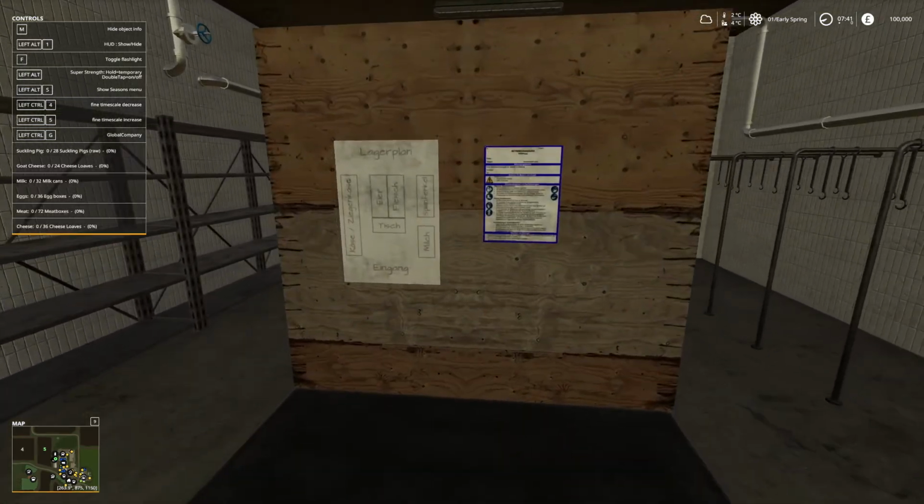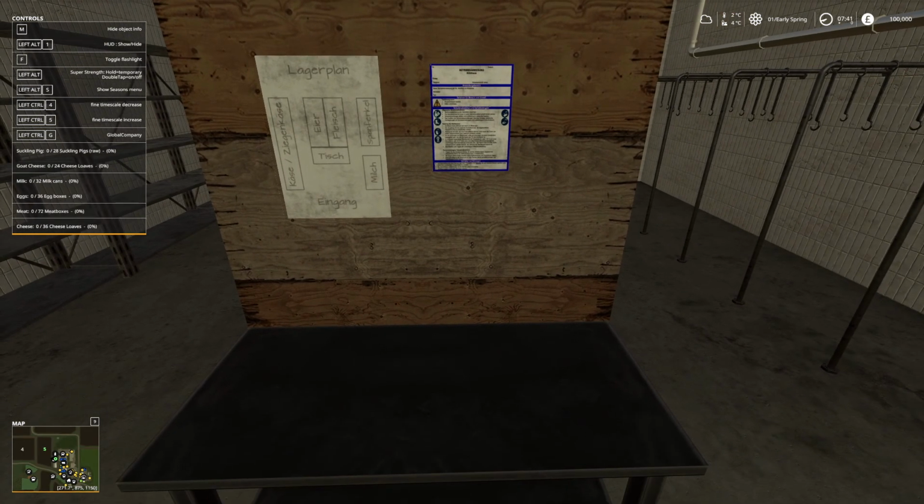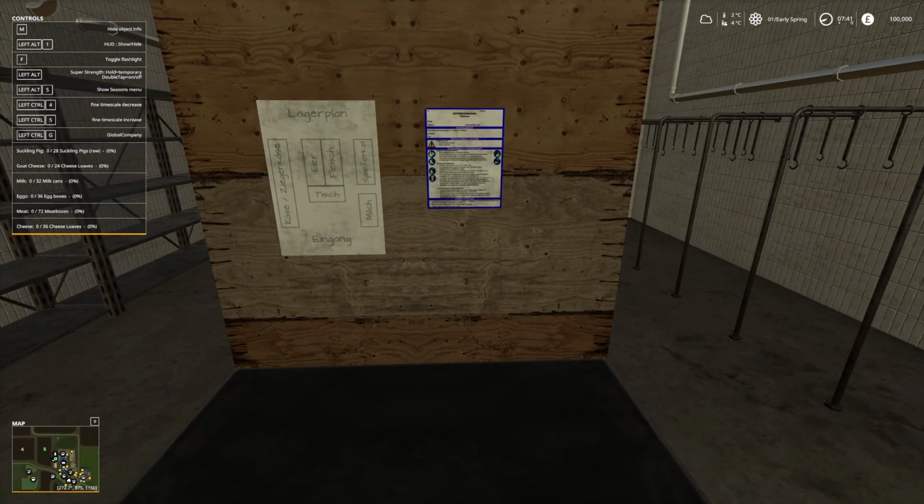And then in here, this is where we can store. What can we store in here? Suckling pigs, they're the ones. We can store 28 of those. 26 cheese loaves. Goat's cheese to cheese loaves. Wait a minute, so what is this then? Does this change stuff? Cheese, meat, eggs, milk, goat cheese and suckling pigs. Oh, so we have to bring them over here and they have to, I don't know, turn into...